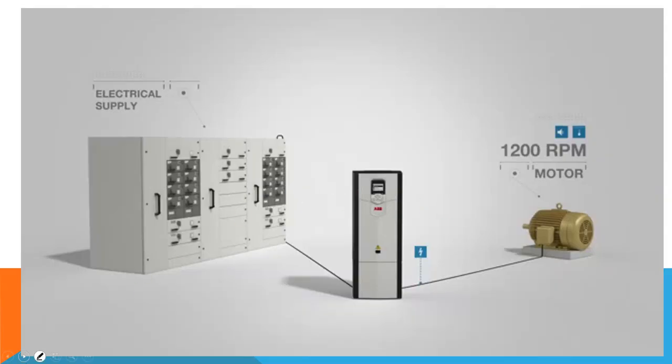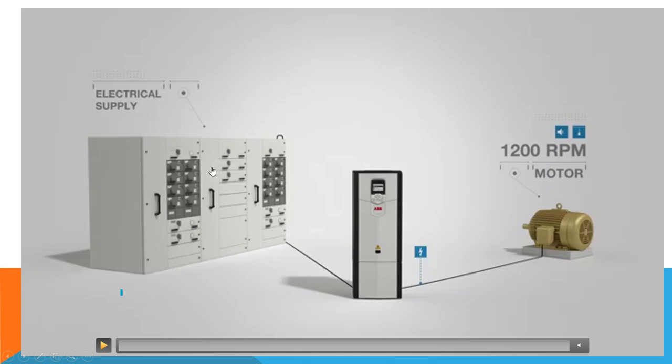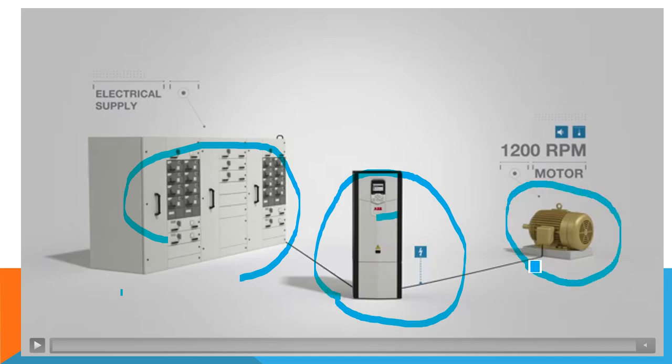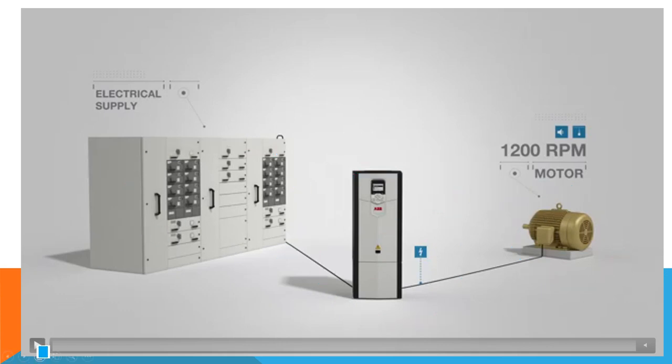Now we will be seeing a video. What is here? We will be seeing, this is the input electricity board supply. This part we can consider as the electricity board supply. Here our VFD is available. This video is obtained from ABB, a manufacturer, and a motor is available here which is running. Okay, so let us see what is happening.